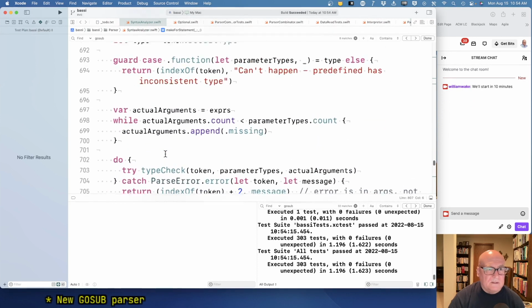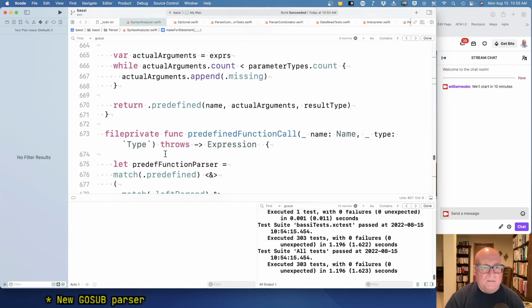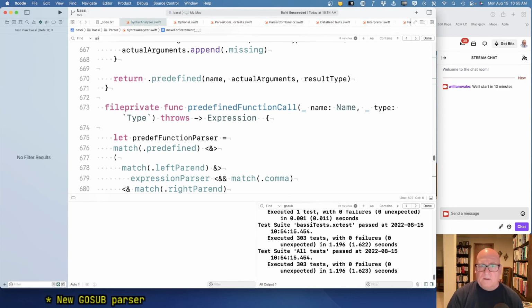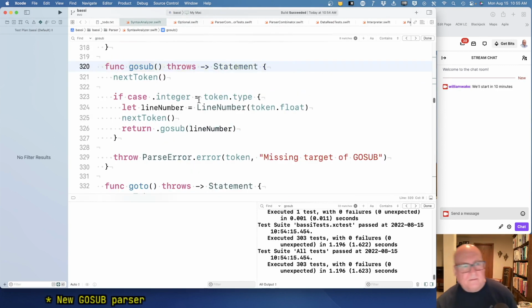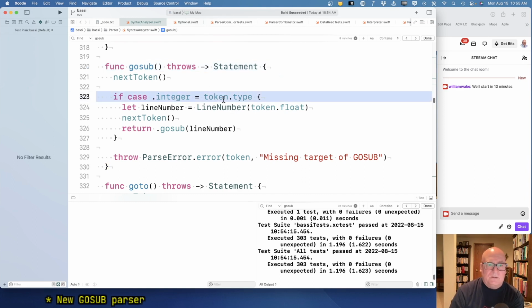Well, it looks a little out of order to me, but I think, again, we'll sort it out when we finish all this. Okay, GOSUB. Right, so GOSUB looks for an integer, and then it converts it, and if it's not there,